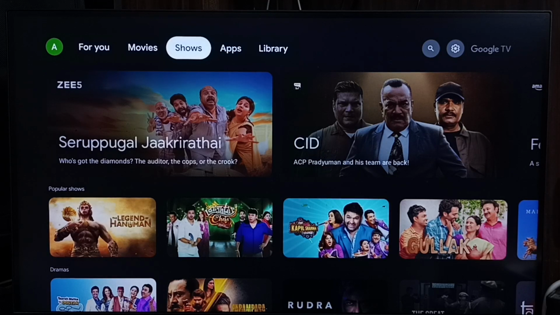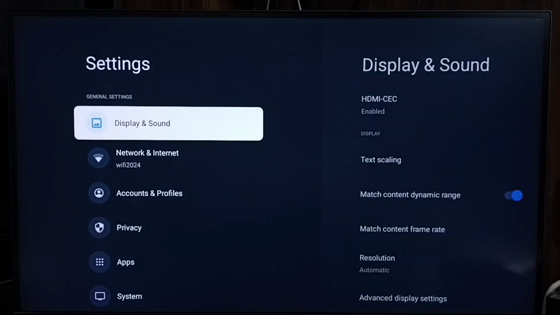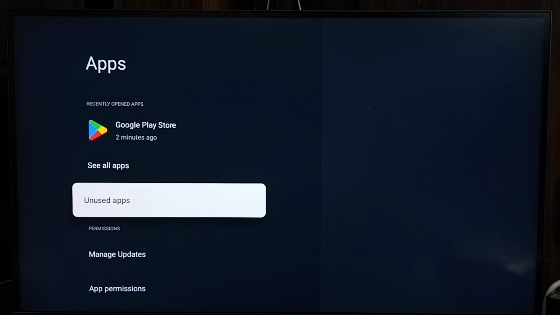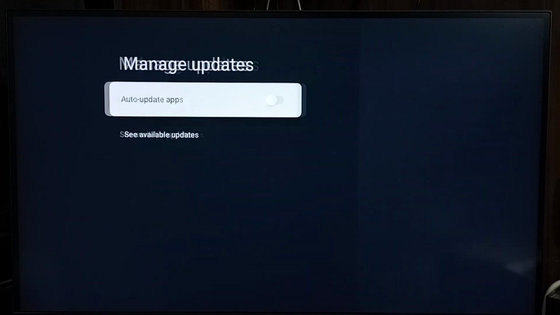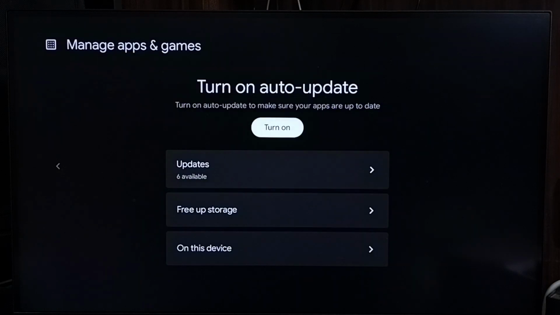Hi friends, this video shows how to manually update Google TV apps. Go to settings, select all settings from the top right corner. Go to apps, go down, select manage updates. Select see available updates. And here you can see